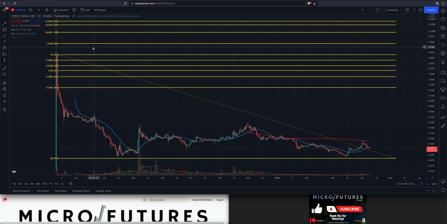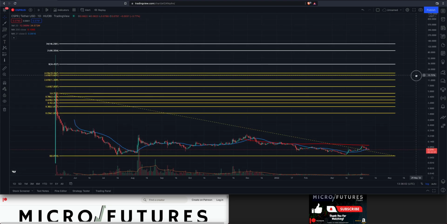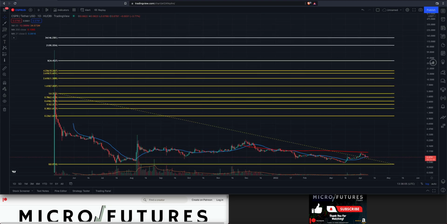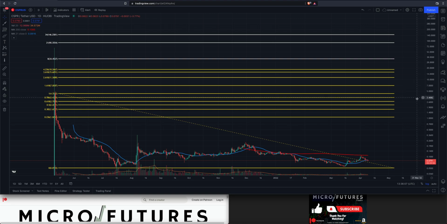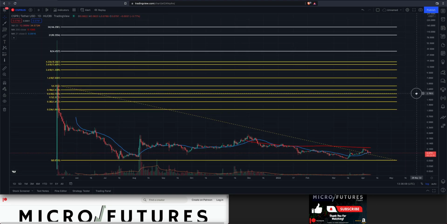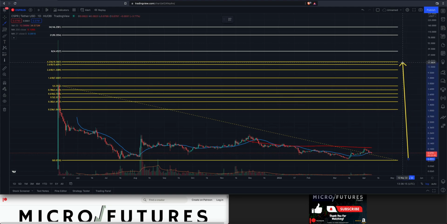So you could look at this thing. Actually, you know what? I'll come back to that. So you could see that we are obviously well below the 236 and then all the Fibonacci's in between. Where things get quite crazy, quite fascinating, is when you start to look at these higher fibs here. So when you start to get up to the 4.2, the 3.6, the 2.6,